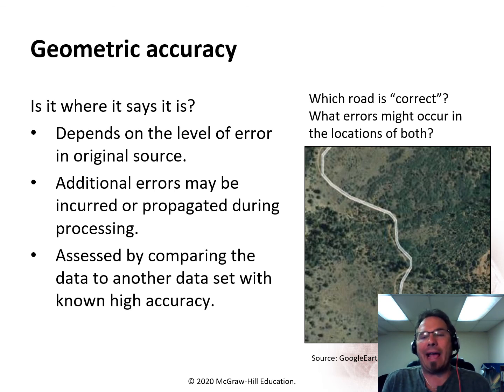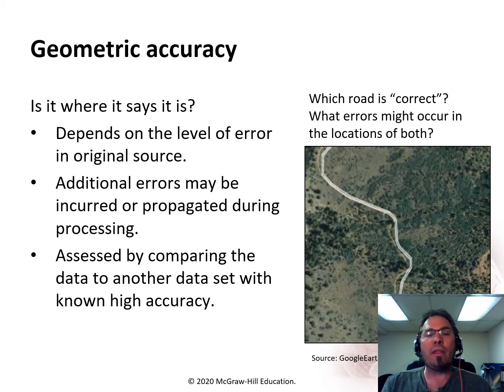So geometric accuracy is something that we're always striving to keep to a minimum, so to speak. How well is the data fitting the real life version of what we're trying to map? How closely does it mimic it? And a lot of that is dictated on how the data was collected. In many cases, you don't have access to that, or you're not collecting the data yourself, you're downloading it from some other entity. So you hope to have the best type of data that you can get,